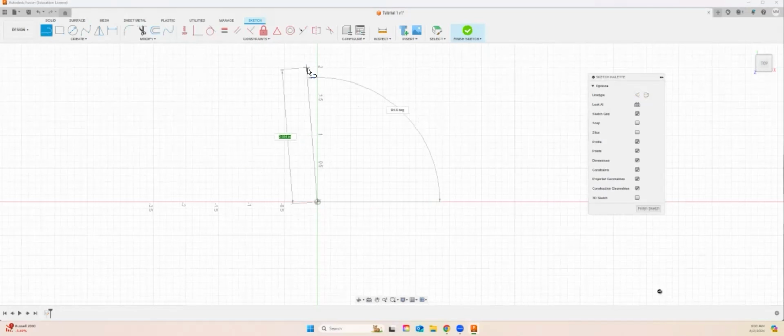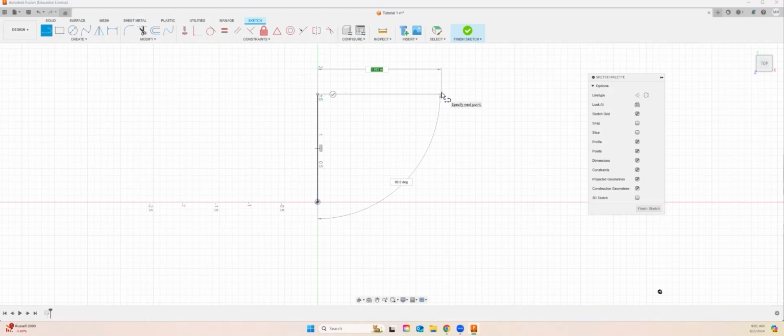So in this case, I can do two things. I can just click and then modify the line later, or I can type in a dimension before, and then it will automatically align to that. So in this case, I'm just going to place it around here, whatever. And then for my next line, you can see automatically I have another new line that's formed. So for this one, I will write,